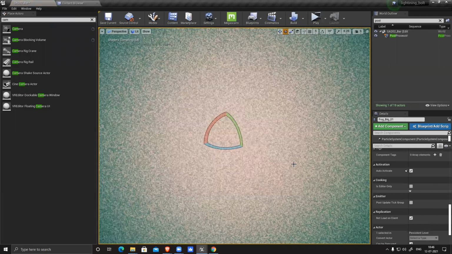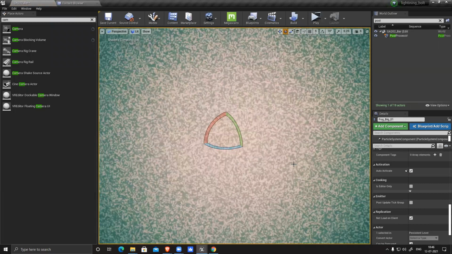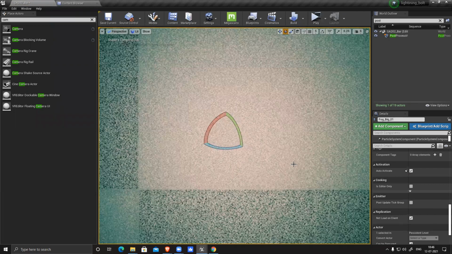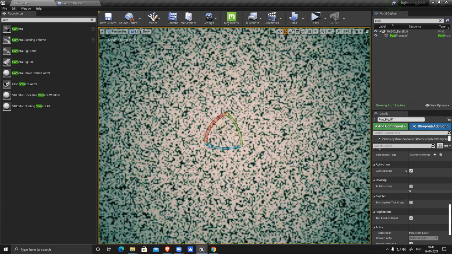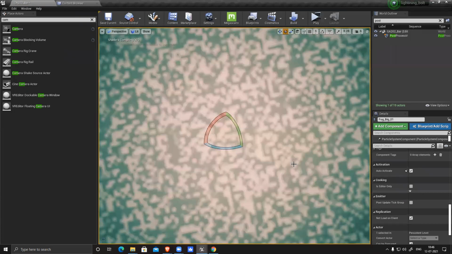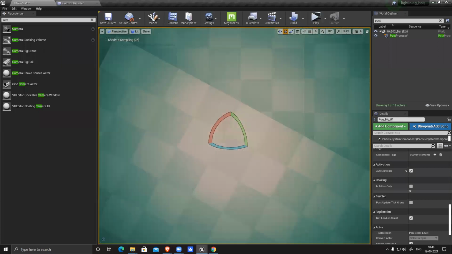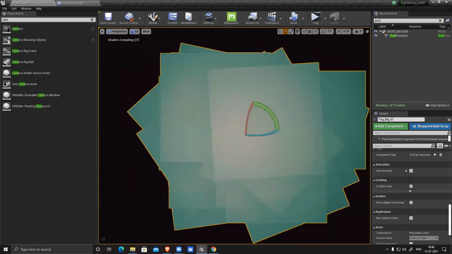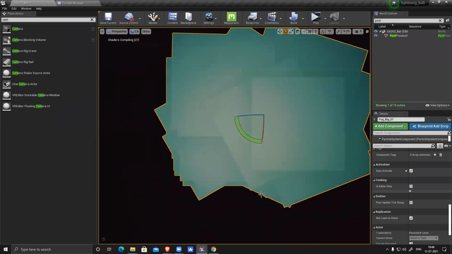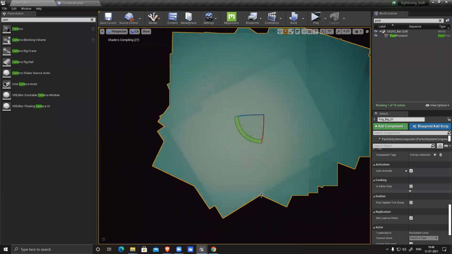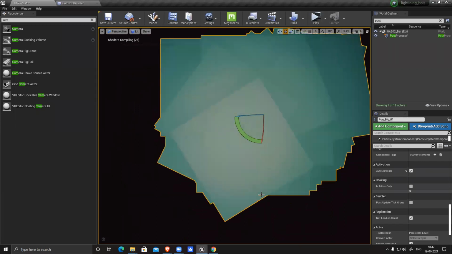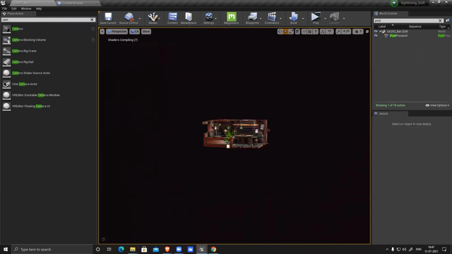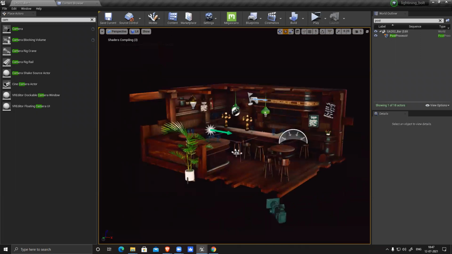Okay, let it compile. It's creating a foggy effect. Forward. My direction light.